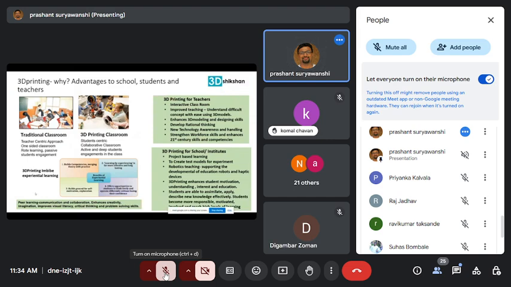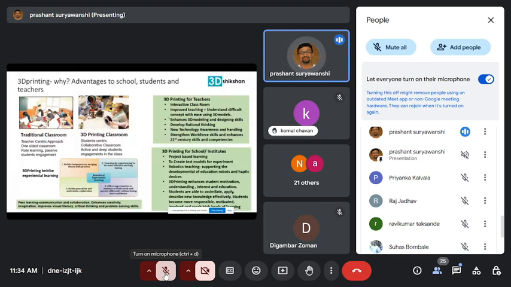Experiential learning, as I say, has these different blocks which help. Basically, it motivates the students, because we are going to give them peer learning and communication. I will not go into all these things. Then, 3D printing for teachers. As you can see here, you can see the difference between these two. This is very interactive, and it ignites the thought process a lot more, and the classroom environment is also one of very active engagement.